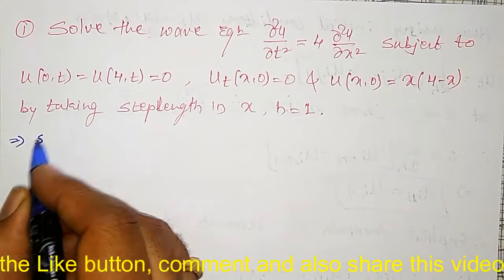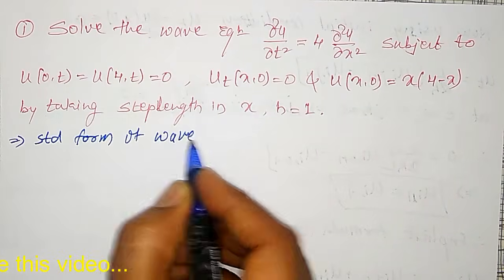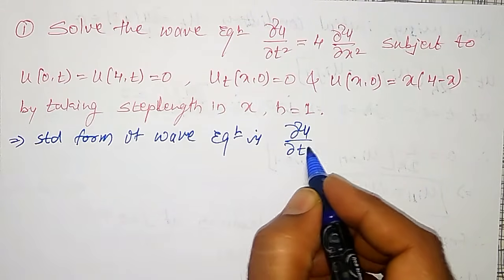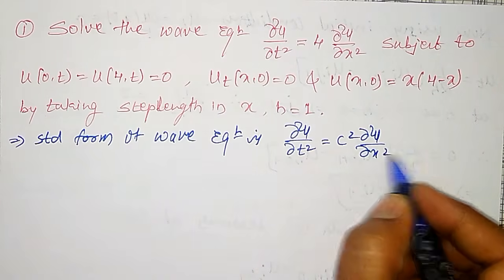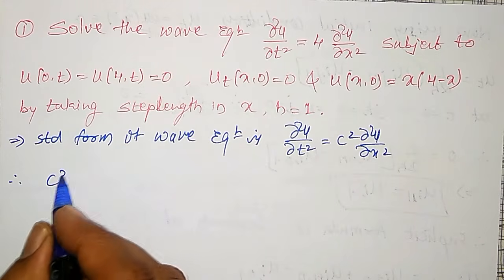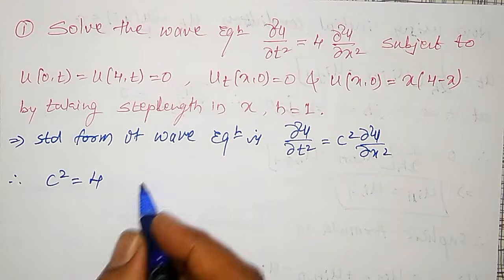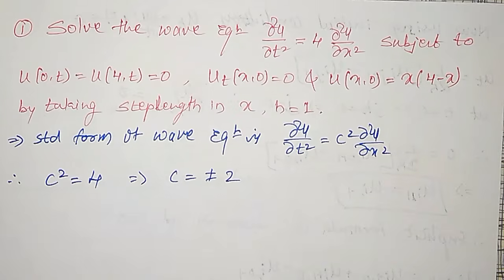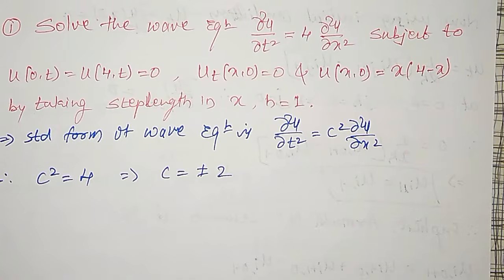Standard form of wave equation is ∂²u/∂t² = c² ∂²u/∂x². Therefore, my c² value is equal to 4 here. If c² = 4, then c = ±2, but I am taking only +2 here. Then by comparing the step length, they have given the step length